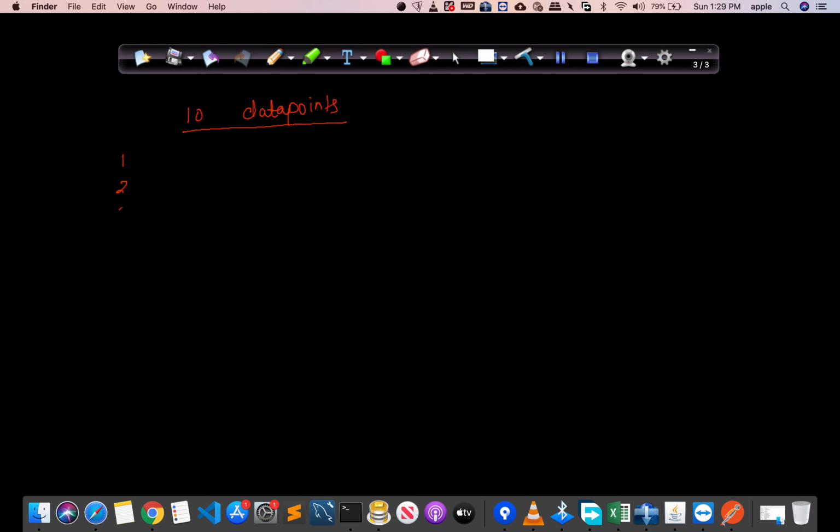That is 1 2 3 4 5 6 7 8 9 and 10, and the model is giving the probability of whether a point is belonging to 0 or belonging to 1. So we will only be looking at 1, whether a point is belonging to class 1 or not, and we will see the probability that the model gives to us. We have earlier seen that if the probability is greater than or equal to 0.5, we say the class is 1, else we say class is 0. We have seen it earlier.